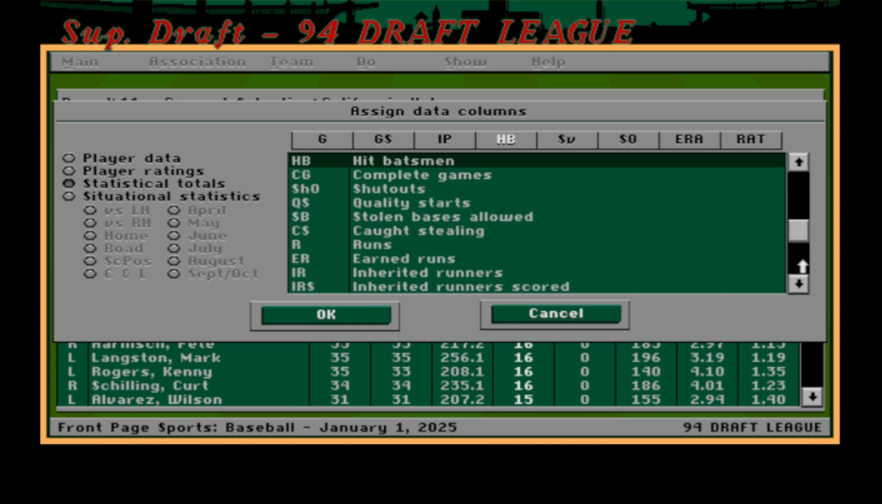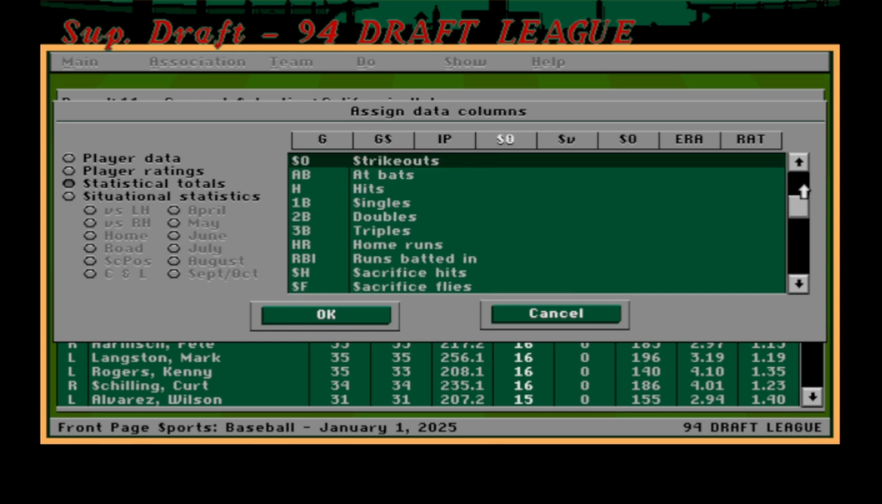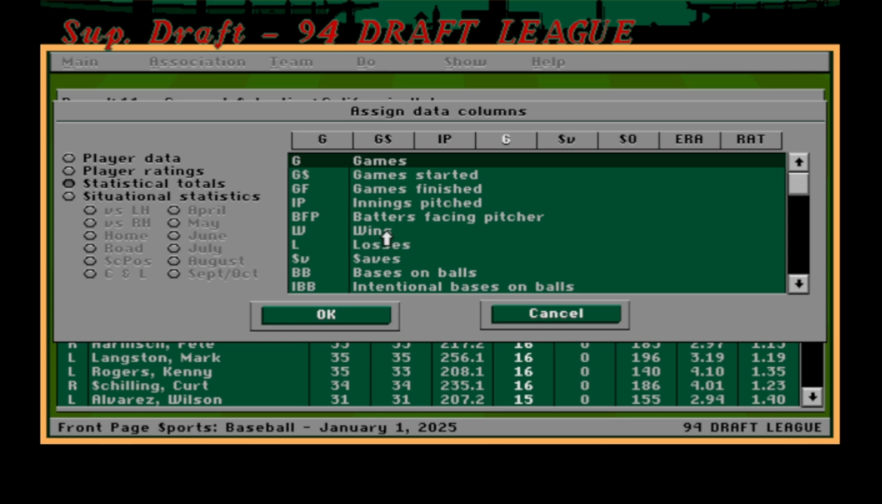So let's say I'm changing where I had the win column. Let's just change it to shutouts briefly, just so I can show you. Okay, shutouts. No, I want complete games. No, I want inherited runners, whatever, right? So now let's go back up to wins like I had it. I know wins isn't really a great reference point, but